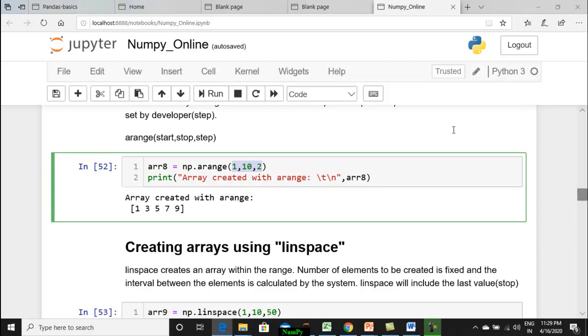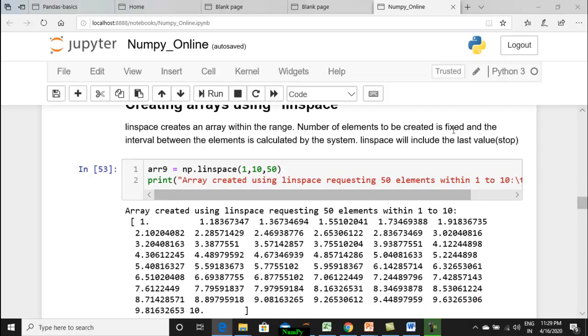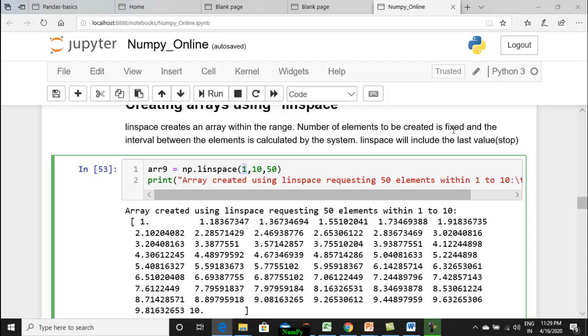In contrast to this, linspace again takes 3 arguments. The first refers to the start, the second refers to the stop, and the third refers to the number of partitions you want between the start and stop. Keep in mind one important thing: in linspace, 1 and 10 will be included as elements. So you are going to create 50 elements.